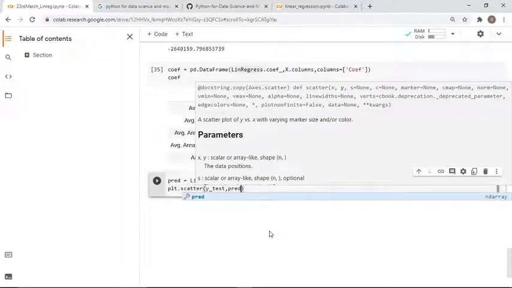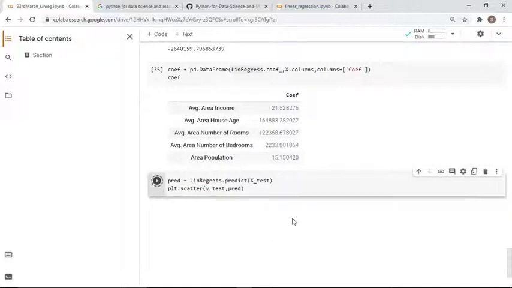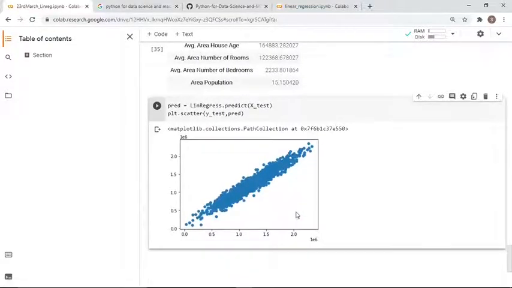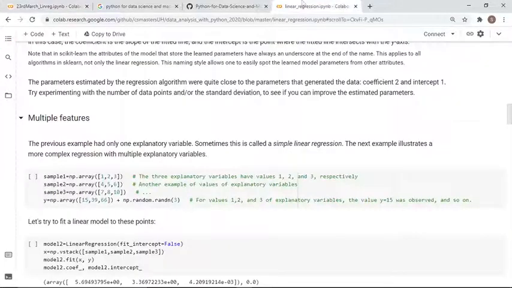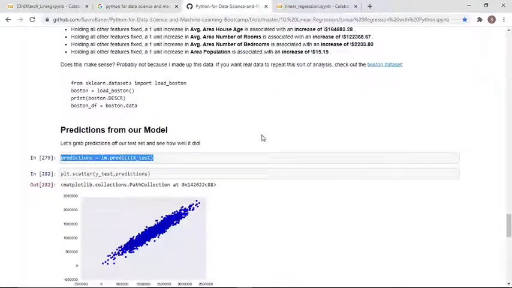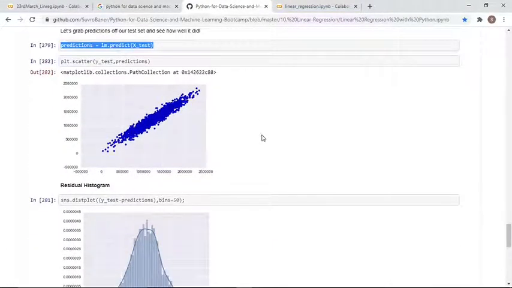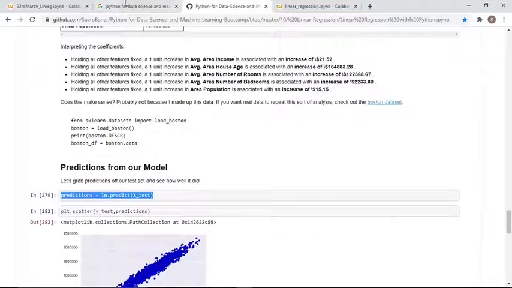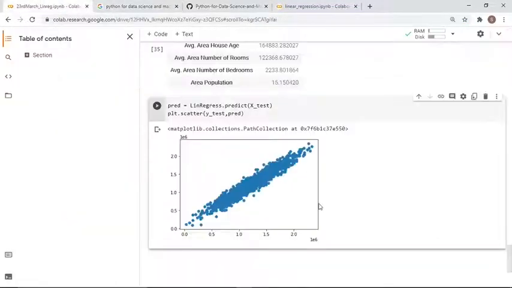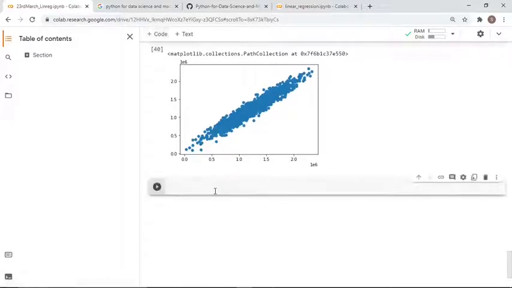So this will give us a distinct idea about how this regression model works. You can see that this is the model we have. Next we are going to see the same thing using a residual histogram.